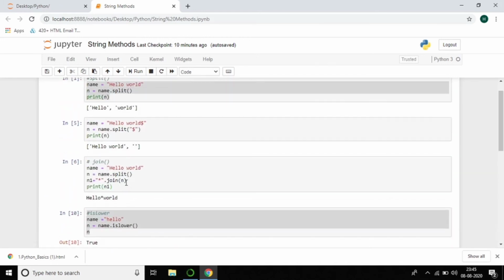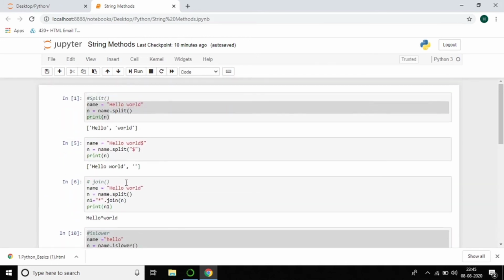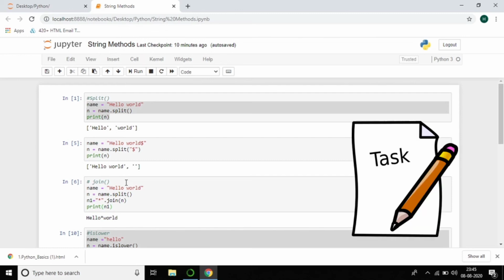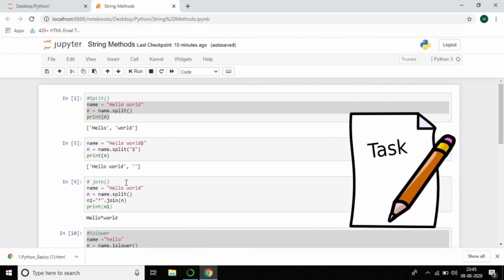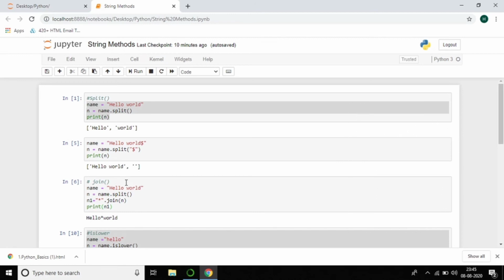These are the main methods available in strings, and I'll keep some important things related to string methods, the document links, so you can find them and learn more deeply. I hope everyone enjoyed string methods. I've given a task related to this, which you can find in the description, and don't forget to do it. I'll come with another tutorial on functions: what is a function, how we can create one, and the use of functions, everything I'll discuss in the coming tutorial.